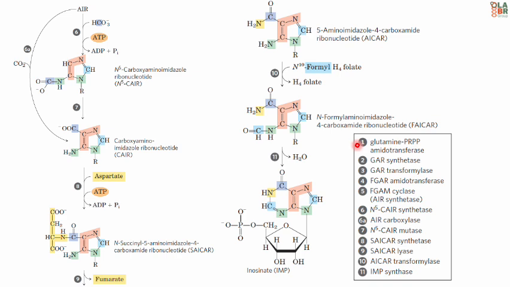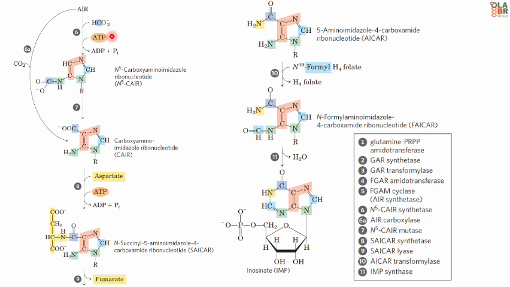All right, so like we said a little bit earlier, at this point, 3 of the 6 atoms needed for the second ring in the purine structure are in place. So to complete the process, a carboxyl group is first added, as you can see here in step 6. This carboxylation is unusual in that it does not require biotin, but instead uses the bicarbonate usually present in aqueous solutions. So the fact that this bicarbonate is here in this reaction instead of biotin is quite odd and something that we should take note of.